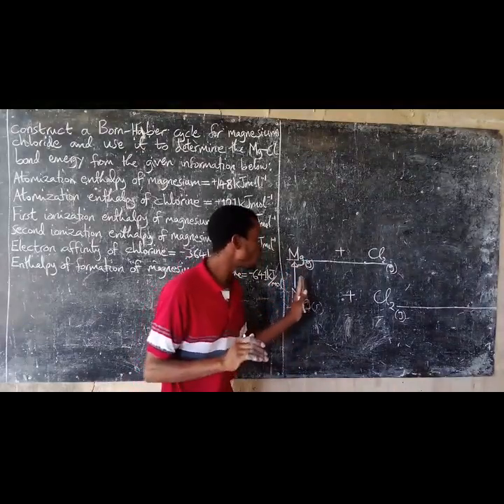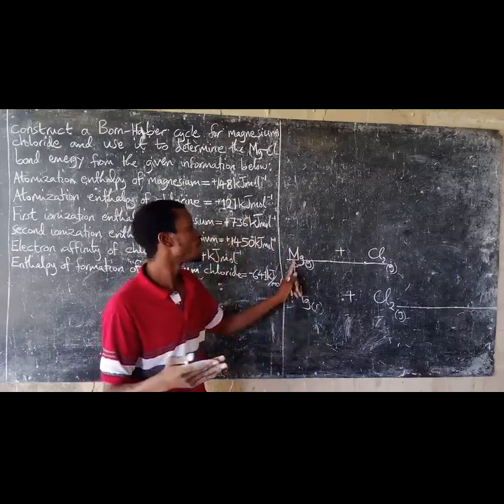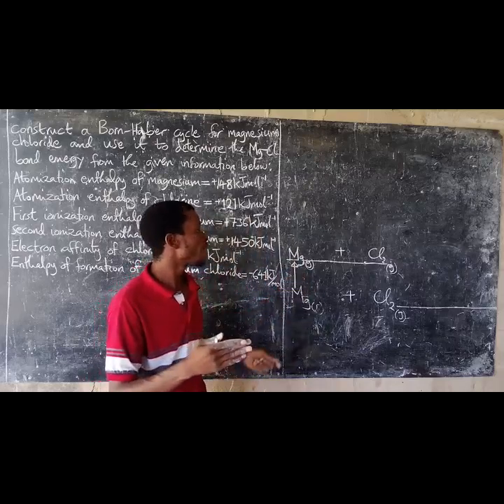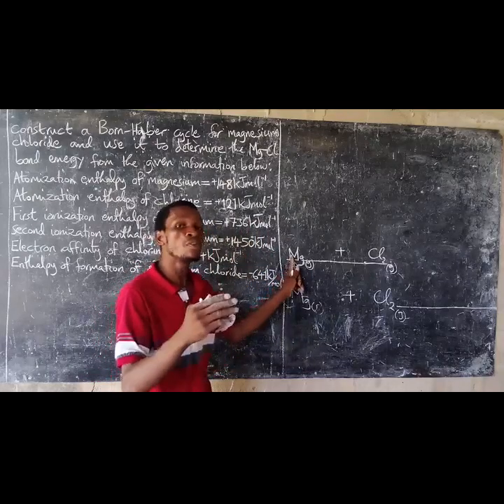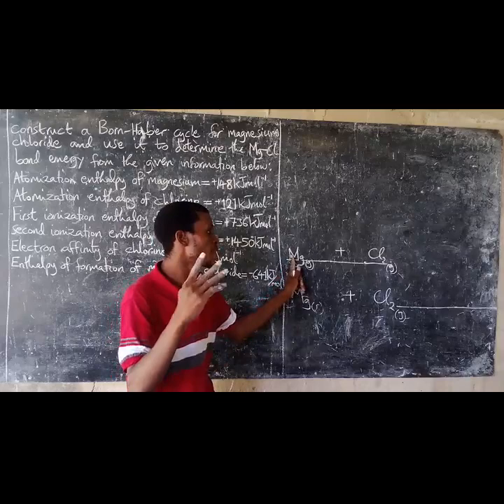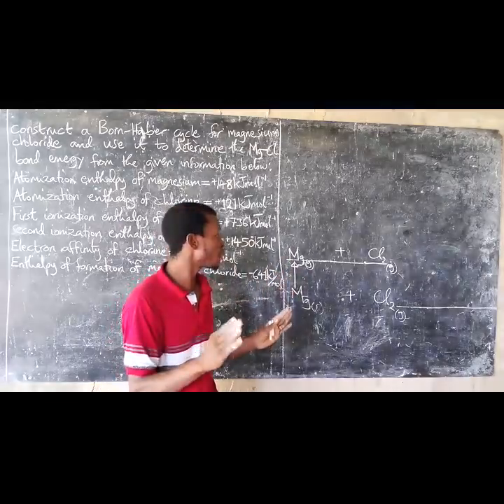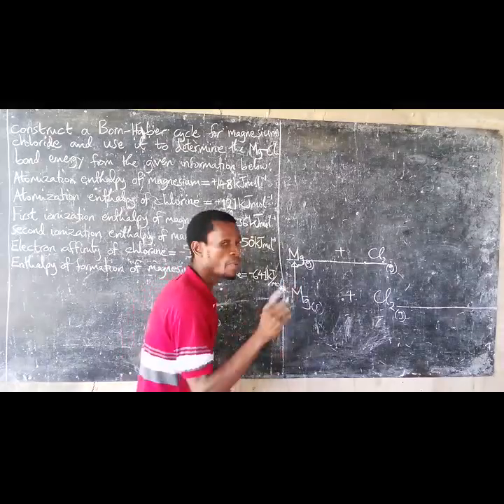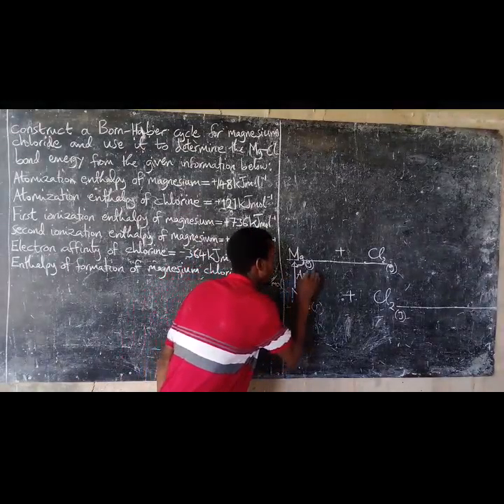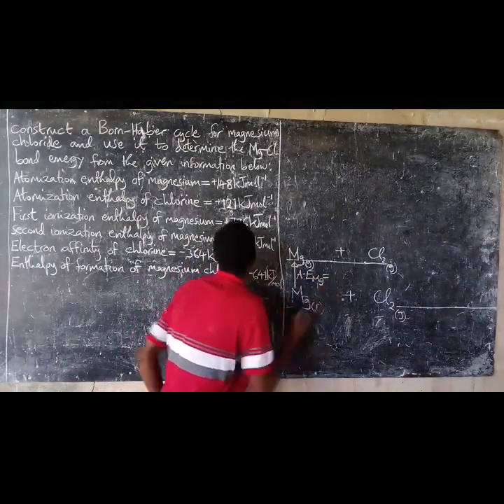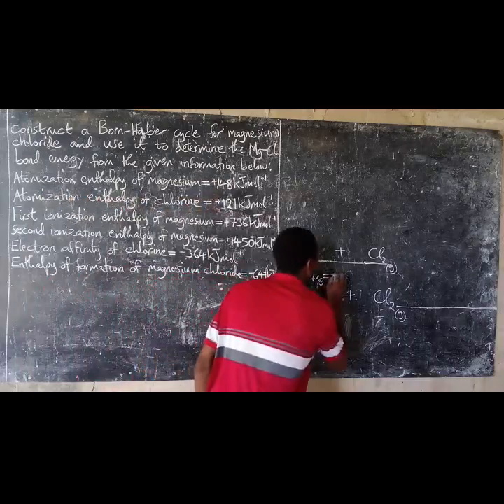In order for it to reach an extent to react, it must absorb another amount of heat energy, resulting in the loss of 2 electrons. After it has lost 2 electrons, it reaches an extent to react. Before that, this is the atomization energy of magnesium, which is equal to positive